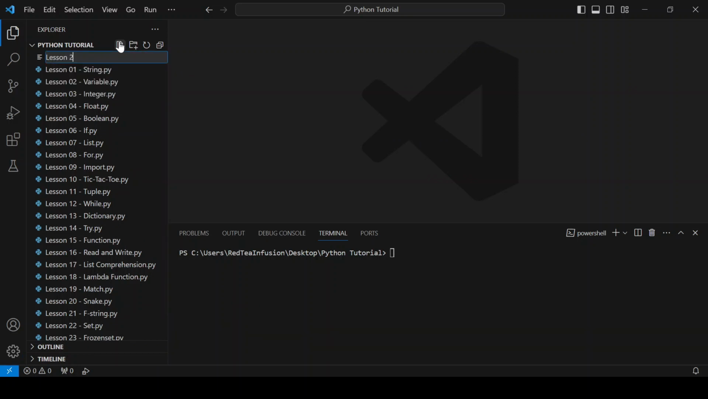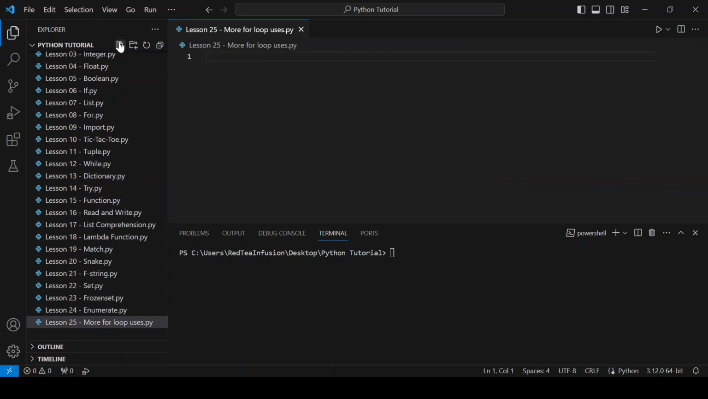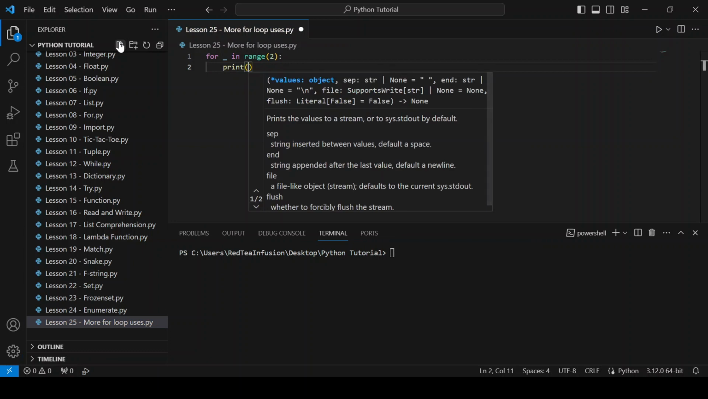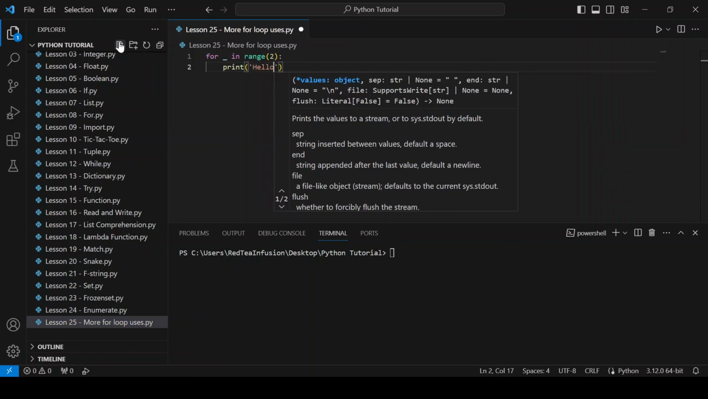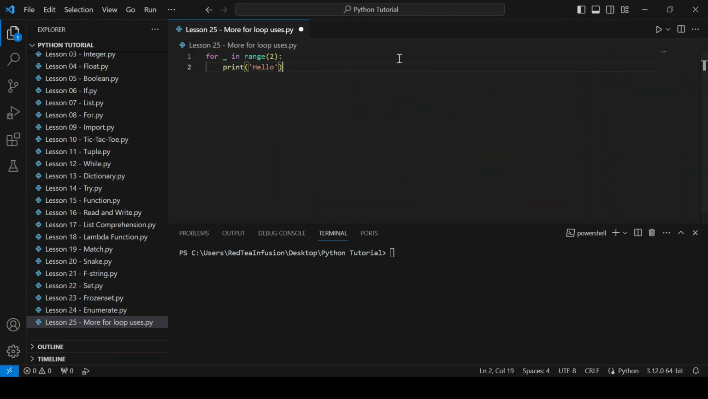Lesson 25 - more for loop uses.py. Now let's create a for loop: for _ in range(2): print("hello") and run it. So you can use the underscore convention when you don't need to use the value of each